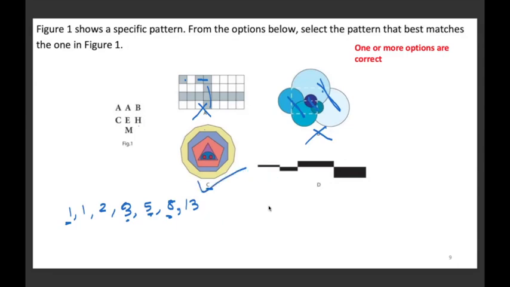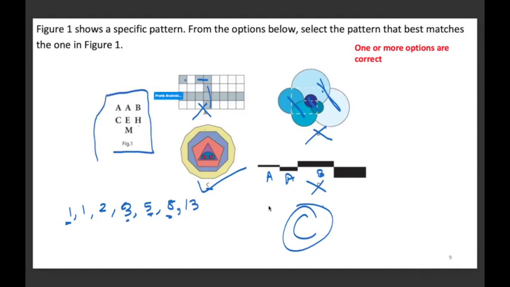With option D, it is A, B, and then this repeats as some other figure. So this is like 1.5 times it. So it does not correspond here well. So D is also wrong. Only option C is the one which follows this same pattern. Okay. We'll move to the next one.